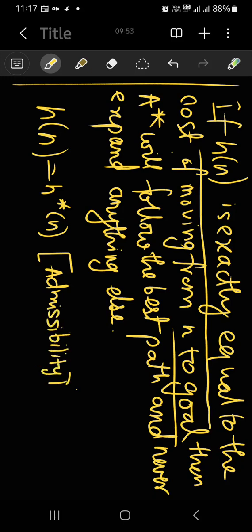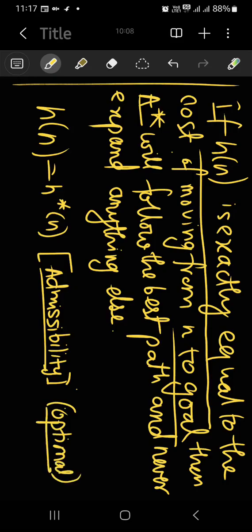তো যদি অ্যাডমিসিবিলিটি হয় তাহলে অবভিয়াসলি এখানে আমাদের বলা নেই কিন্তু গ্রাফ সার্চ সবসময় দেখবে শুধু এ স্টার লেখা। তো যদি শুধু এ স্টার লেখা থাকে আমরা ভাববো এ স্টার ট্রি সার্চ। তো তাহলে অবভিয়াসলি এ তোমায় কী দেবে? অপটিমাল সলিউশনই দেবে। ইয়েস, কোনো ডাউট নেই এতে। তাহলে যদি এক্স্যাক্টলি ইকুয়াল টু দ্য কস্ট অফ মুভিং ফ্রম এন টু